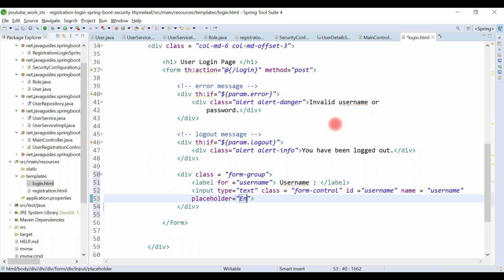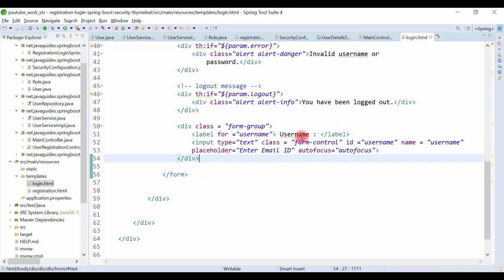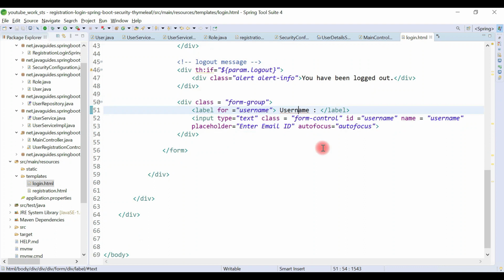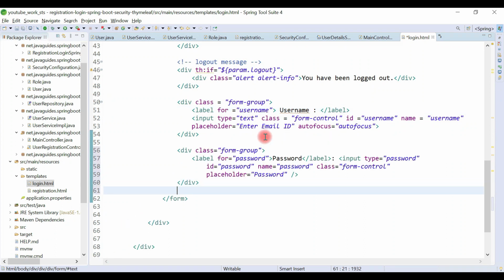Let's say enter email id. Okay, and this is autofocus. Alright, so this is the input field for username. So similarly, let me quickly add an input field for password.